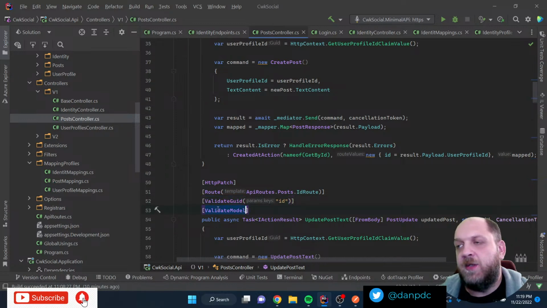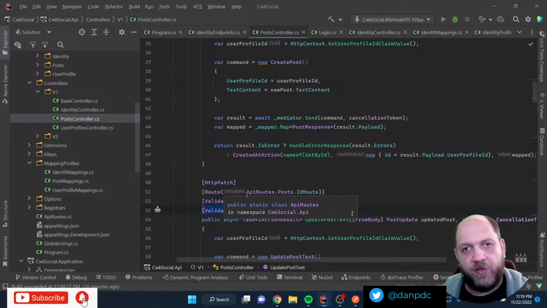But as we'll see in the minimal API, we do this a little bit differently. If you want to take a sneak peek into these topics, on Sunday I published a 2 hour crash course on the .NET 7 minimal API, starting from blank and setting up the entire architecture and all the important parts of the minimal API: how we define endpoints, how we validate, how we do global exception handling, and things like that.